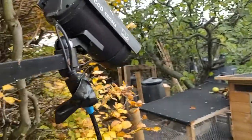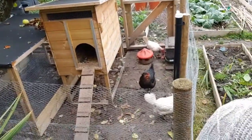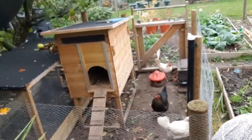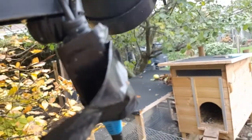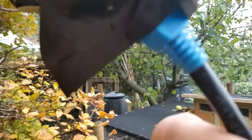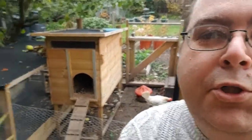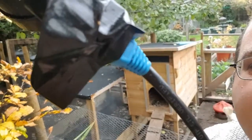Winter's coming, and the chicken camera that I've got set up to look down on these little monsters at the moment, it was just moved here for the summer because the beans were in the way, and this isn't a waterproof socket down here. So what's happened is that the water's got inside, and on the first frost we've had, the water's pushed up completely inside this socket,